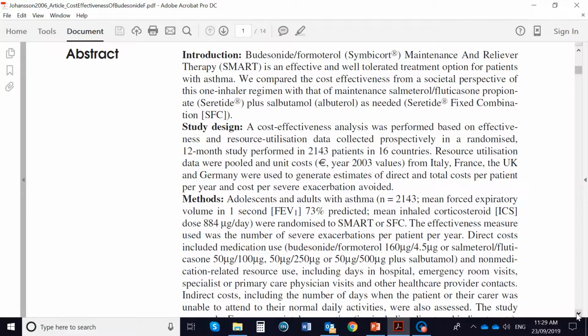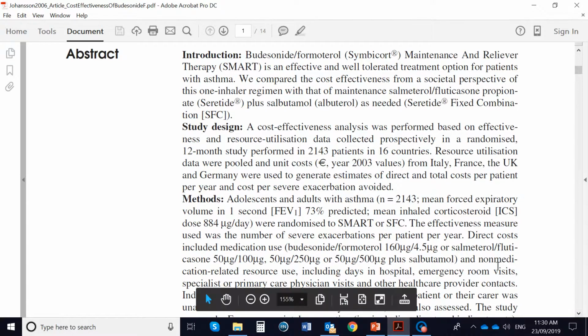So it was a cost effectiveness study. It was done prospectively in a randomized 12-month study. So they did it side by side. So it's basically economic evaluation alongside a clinical trial. It's an increasingly popular strategy, where you do economic analysis while you are doing the clinical trial itself. And basically they look at